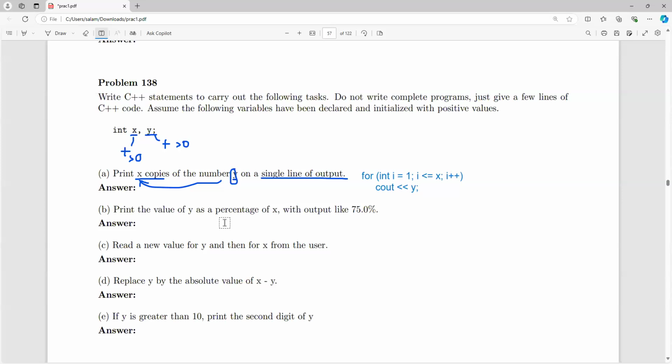Okay. So print the value of y as a percentage of x with output like 7.50%. Okay, so first let's do,